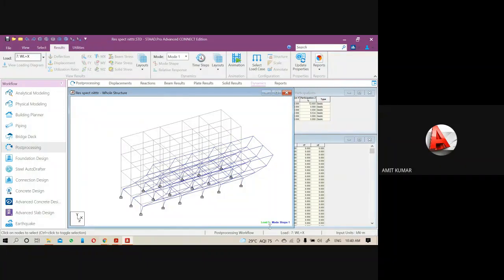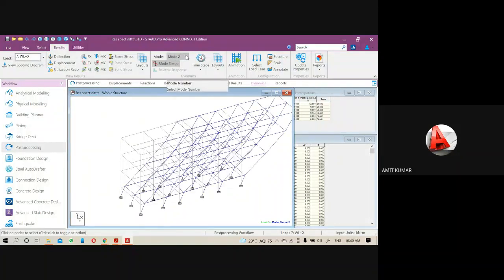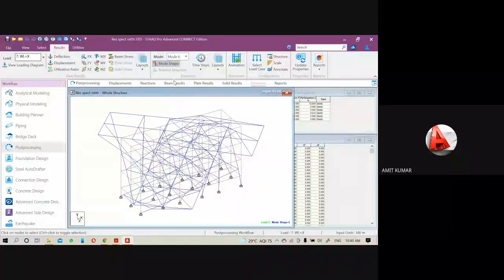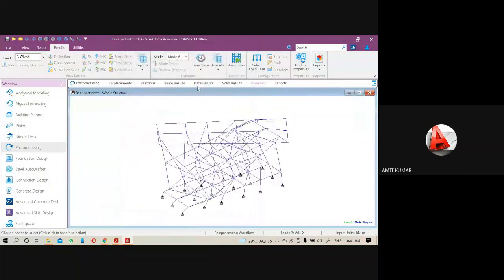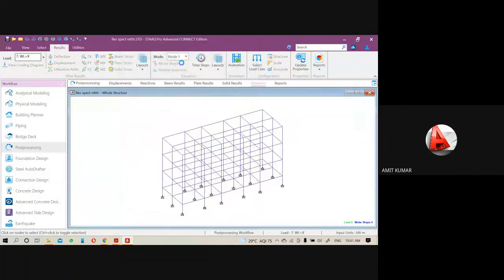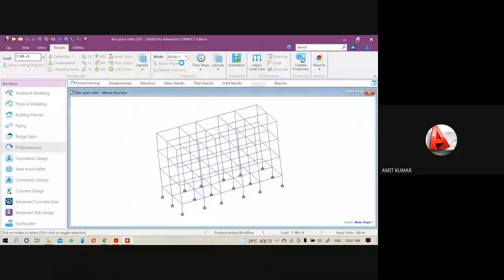So this is a mode shape one. You can change the mode shape by selecting it here. Here you are seeing six different types of mode shape, and for different mode shapes you can see the structure's response.